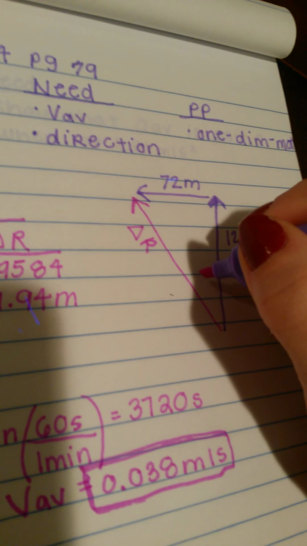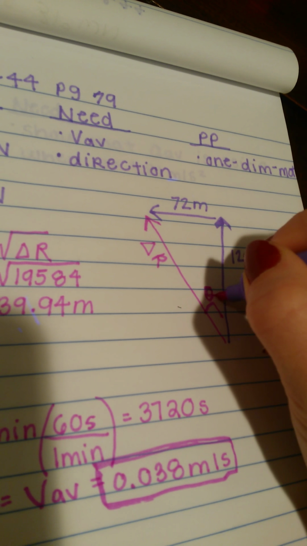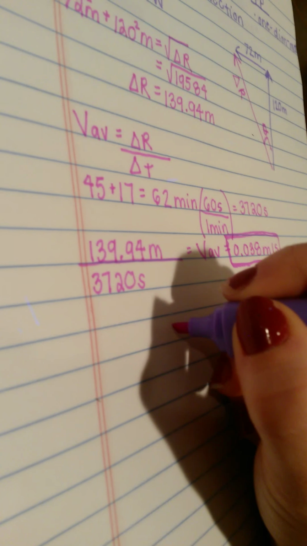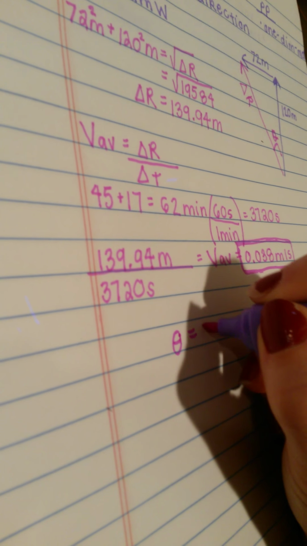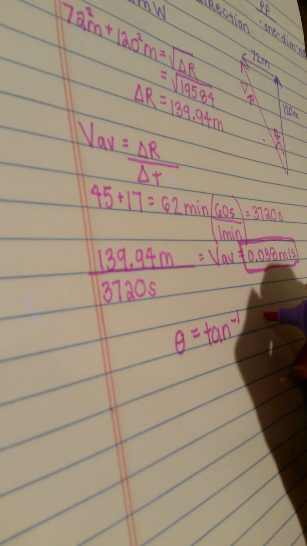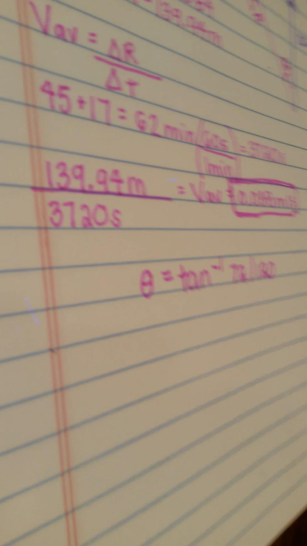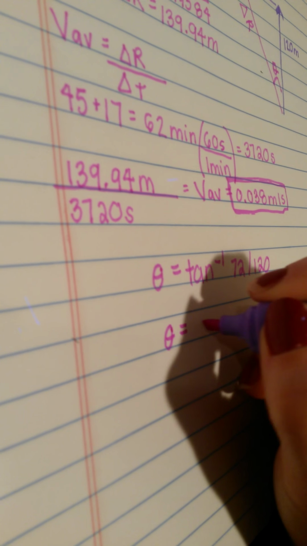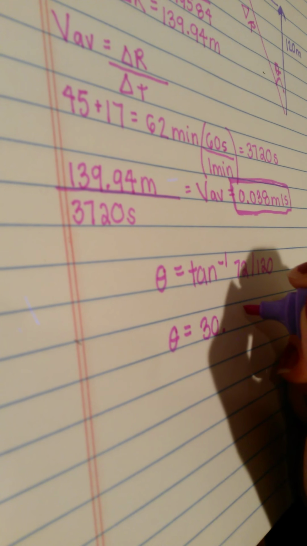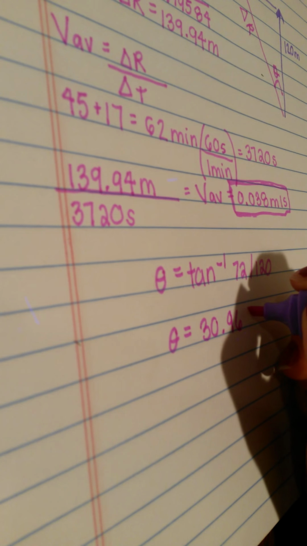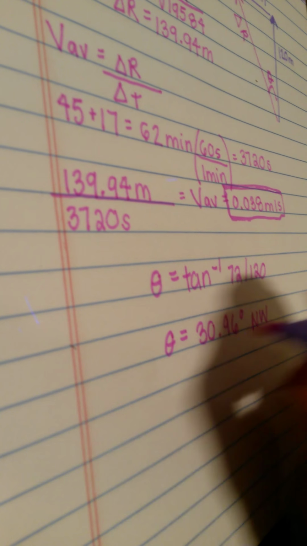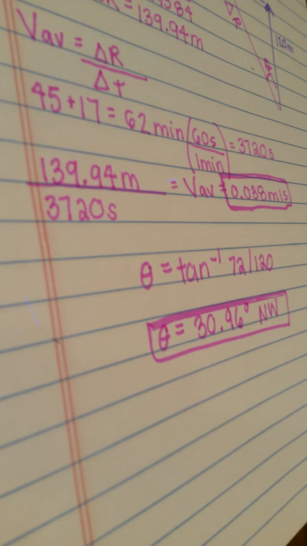So what I'm going to do is, this is the angle that I want to use, and then I'm going to write it like theta equals arctan 72 over 120. So if I plug that in, theta equals 30.96 degrees northwest. And that is number 39. Now